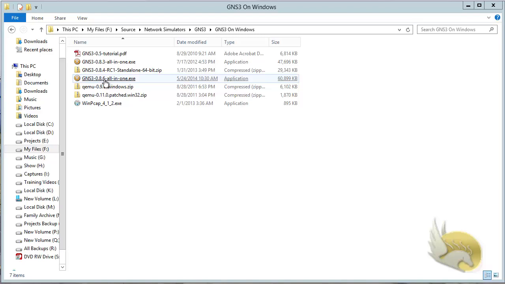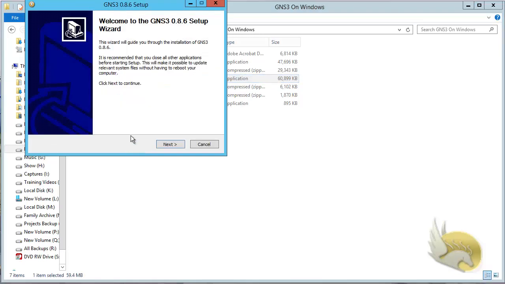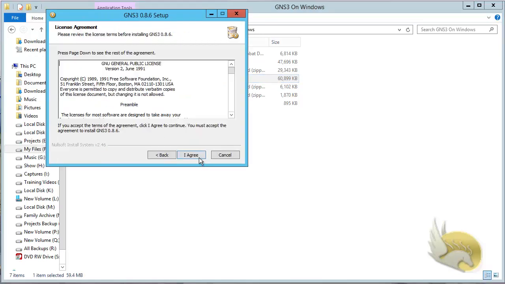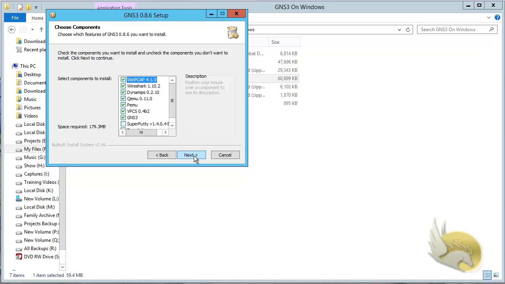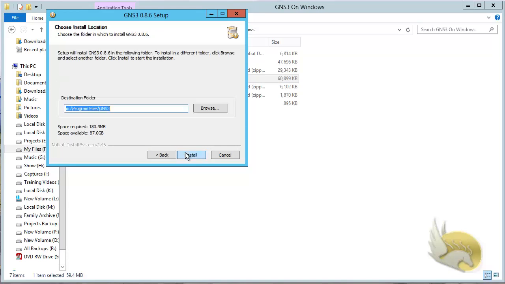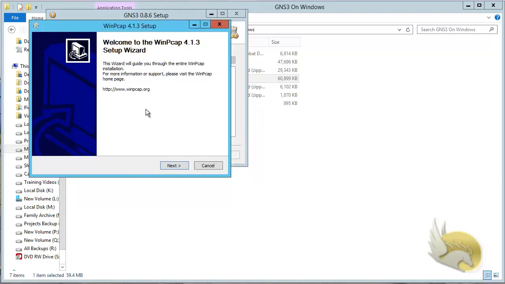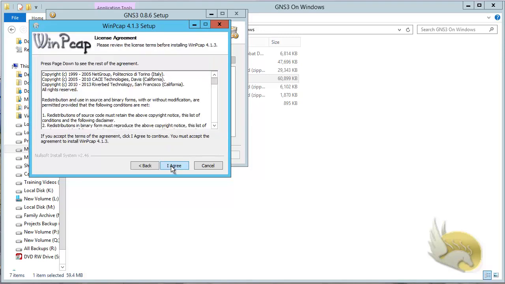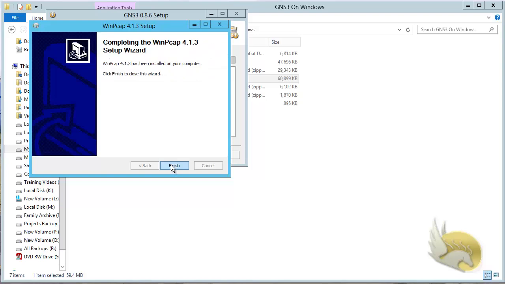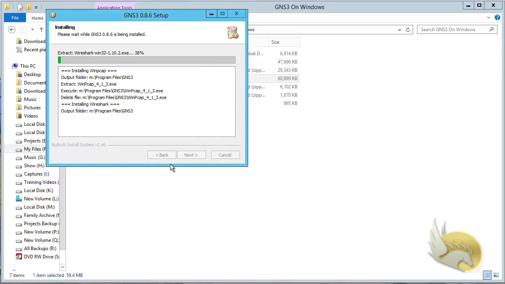I'm not going to do that because I am working on MikroTik and this is quite enough for what I am going to install. So I click on GNS3 installation and start it. Click on next, I agree, and everything is very streamlined. So I click on next, the destination folder, I select this one, and you can see that there are some additional components on Windows that if you are going to install that on Linux, you need to do a little more hard work. So I go and click on next, I agree, I install,